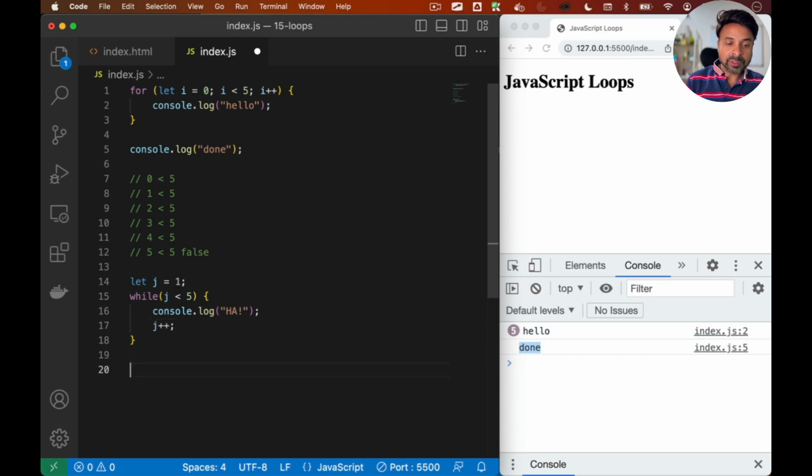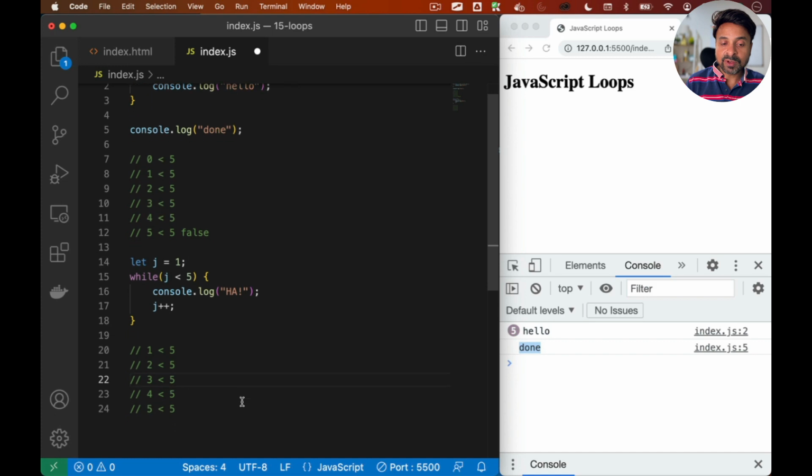So same thing is going to happen here, right? Initially j is 1, so 1 is less than 5, so it's going to print ha. Next it's going to increment j by 1, so j is going to become 2. Again 2 is less than 5, so the condition is true, so it's going to print ha. j plus plus, it's going to become 3, 3 is less than 5, again it's going to print ha. j is going to become 4, 4 is less than 5, so again it's going to print ha. And finally when j is going to become 5, and we know 5 is not less than 5, it's going